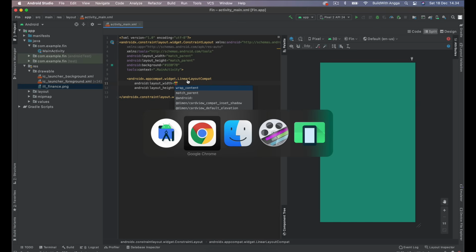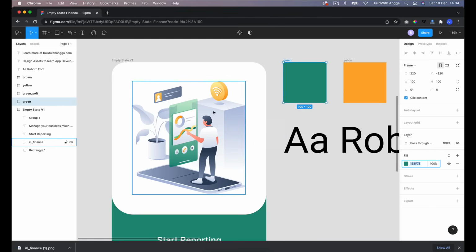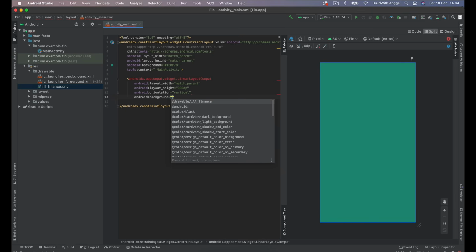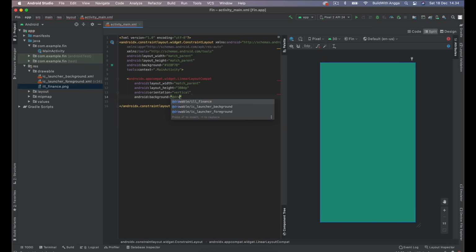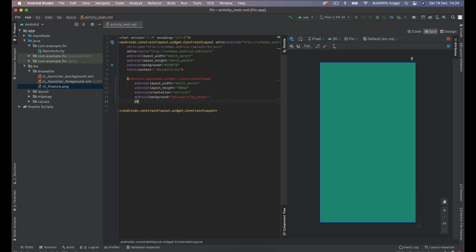For width we can set match parent, and height about 380 dp, and we give the orientation vertical. We need a custom background, drawable slash background bg header, and you will see we don't have this, but it's okay, we're going to make it later on.